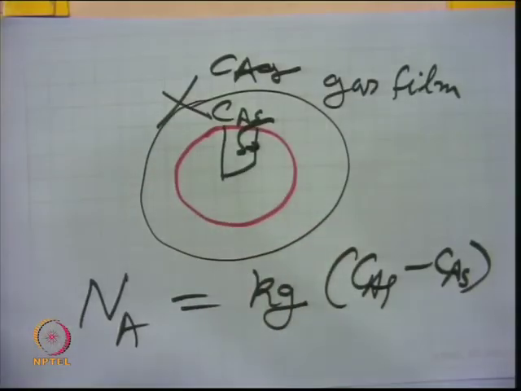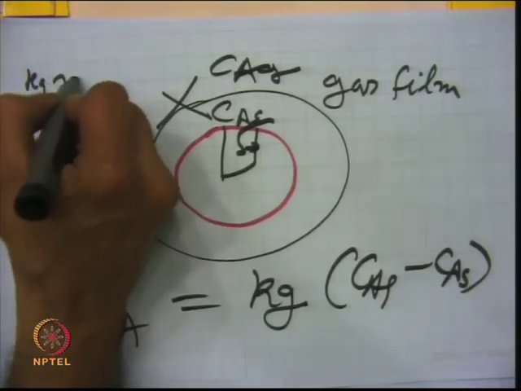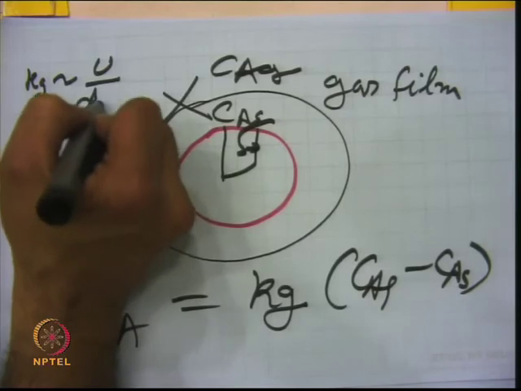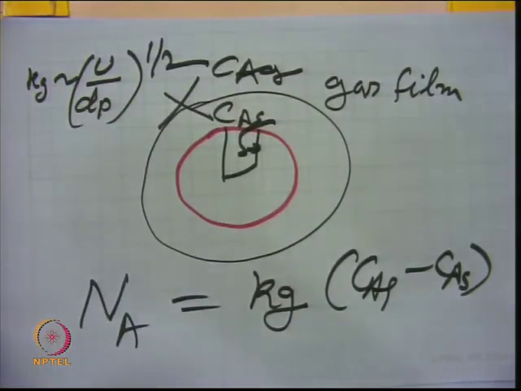So, basically this depends on that, and one can control it. Just like a simple example, if you remember, I told you k_g is simply (u/d_p)^0.5. In most cases we use this, where u is the superficial gas velocity. So if you increase your superficial gas velocity, your mass transfer coefficient will increase, and it will reach a value where it will not affect the rate.